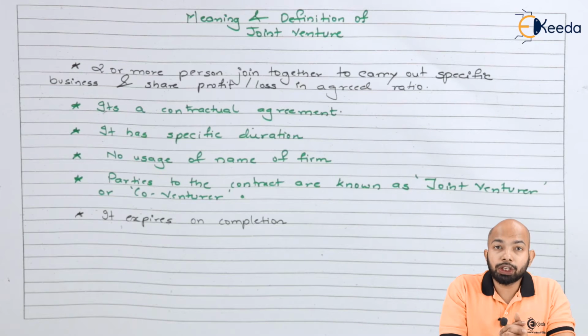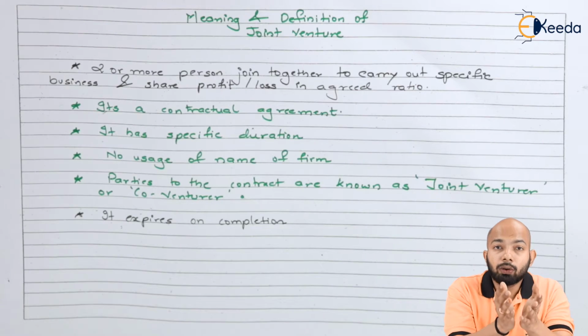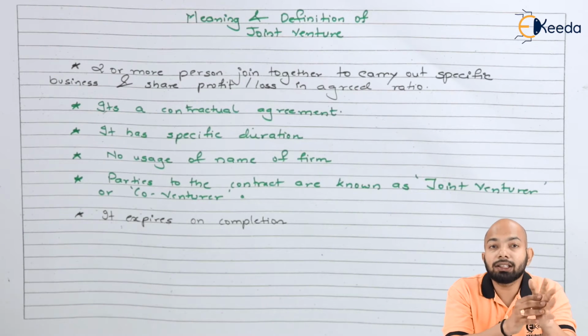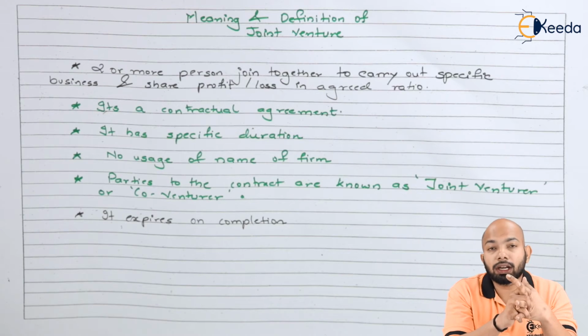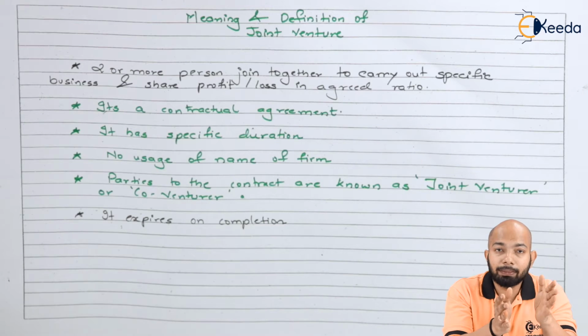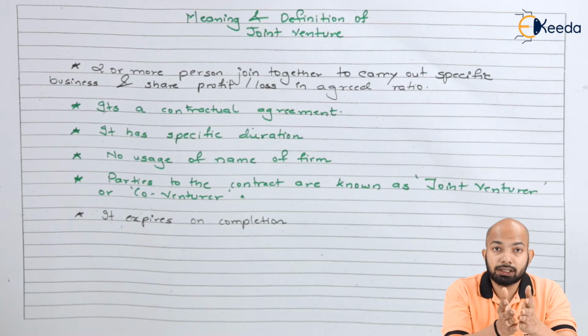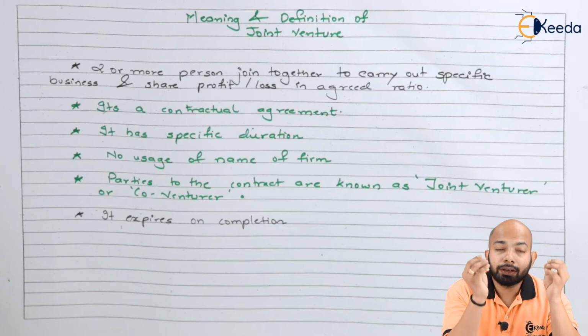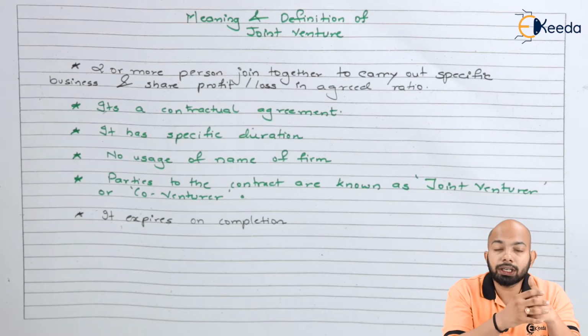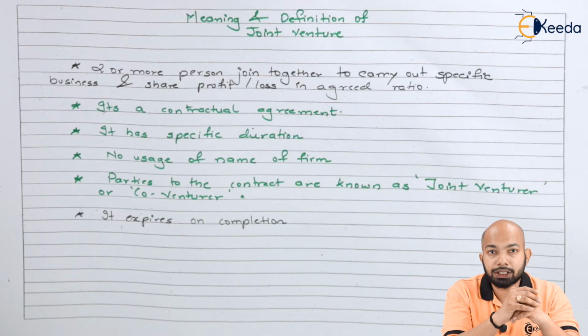So when we speak about joint venture, it is a different kind of relationship as compared to the partnership accounts. Now, when we speak about business transactions, we have different relationships when it comes to any kind of business or accounting or financial transaction. It can be a relationship between the buyer and the seller, which is also known as creditor and debtor. And according to that, there is a different relationship between partners. There is a different relationship between the company and the owners, and the management and the employees, the employee-employer relationship. Similar to all these relations, we have one more relation which is known as a joint venture relationship.